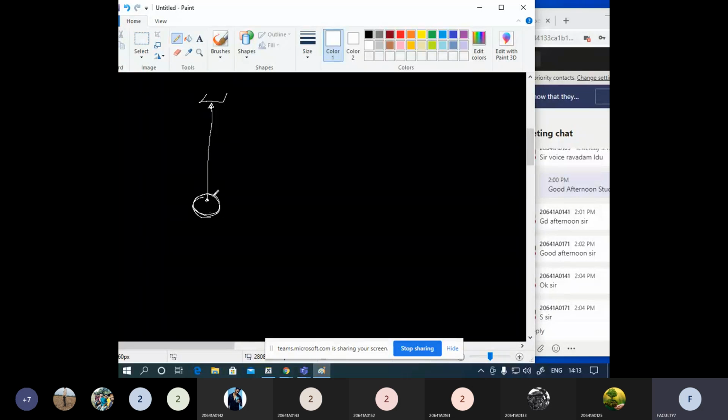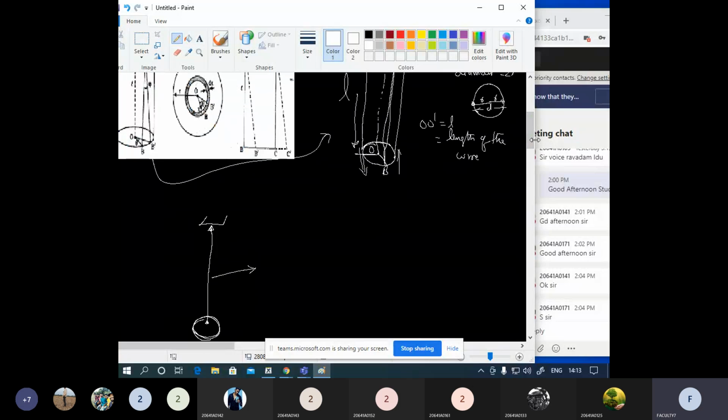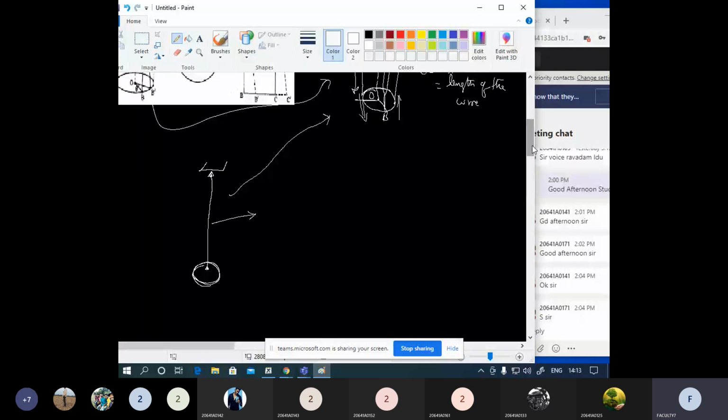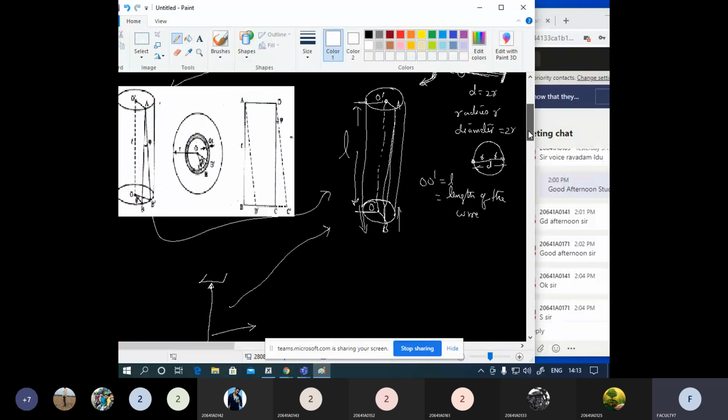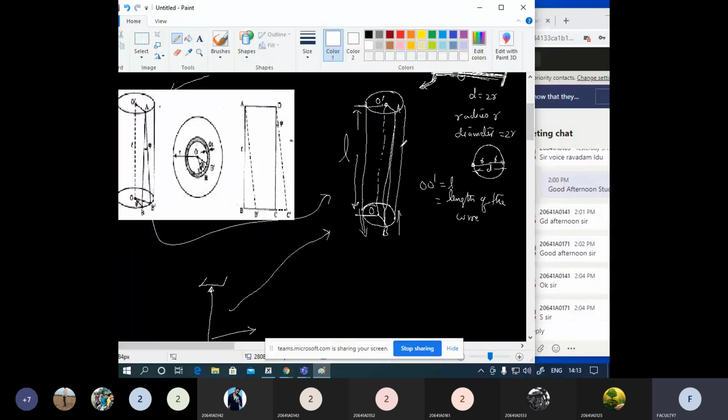Now we are considering this wire, this same wire here without any disc. Without the disc, and without applying any force, torque or twist, this is the wire we are considering. This particular part, consider this as part A. This has figure A, this has B and this has C.